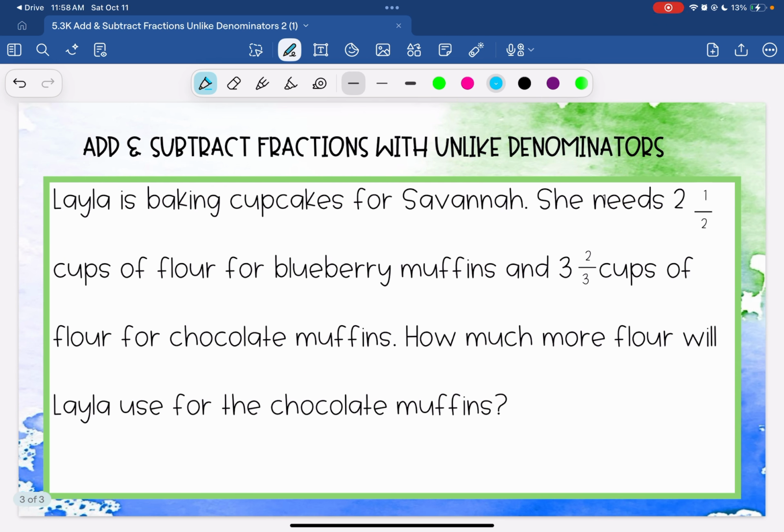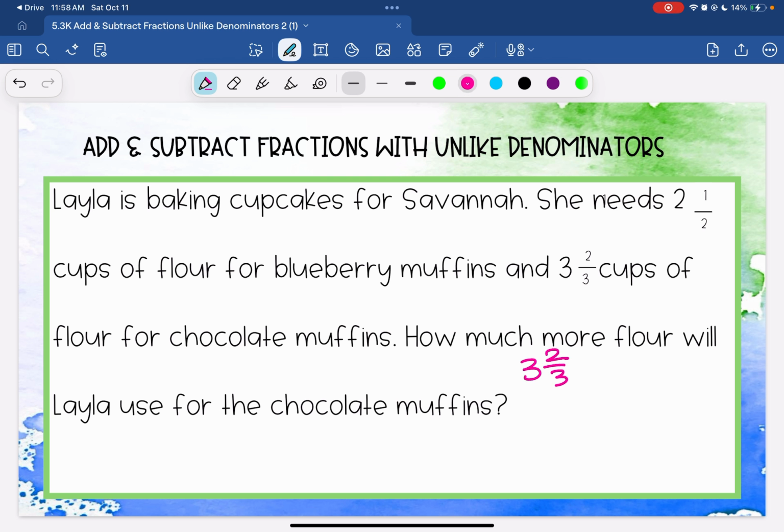All right, for this one, it says Layla's baking cupcakes for Savannah. She needs 2 1/2 cups of flour for blueberry muffins and 3 2/3 cups of flour for chocolate muffins. How much more flour will Layla use for chocolate muffins? So it says how much more, so there's actually a difference. And what that tells us is that we're going to subtract